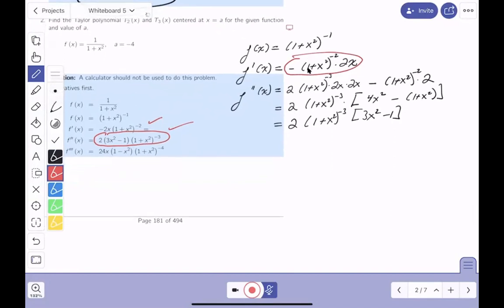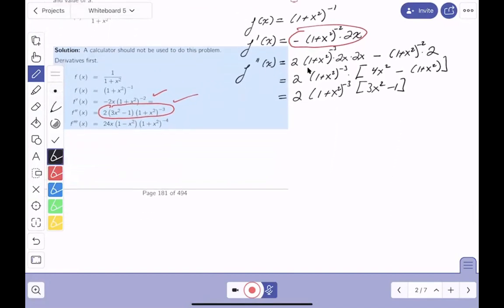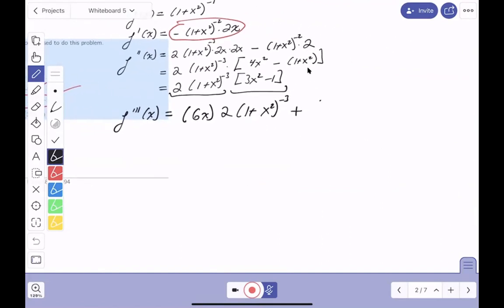Now, of course, someone says, oh my God, you have to do another one. Yeah, I got to do another one. And this is nightmarish. I understand that. And so I'm going to, first guy, and this will be the second guy. So I'm going to do, I like to do easy things first. I'm going to do the derivative of 3x squared minus 1 first, which is going to be 6x times 2, 1 plus x squared to the minus 3, plus, oh boy, this looks tough, 3x squared minus 1